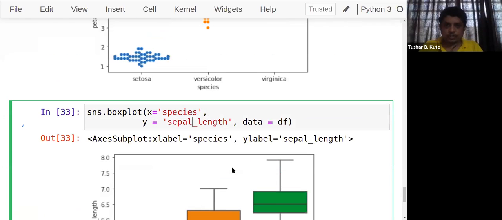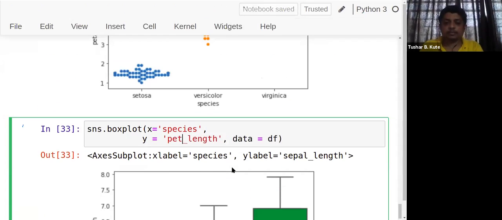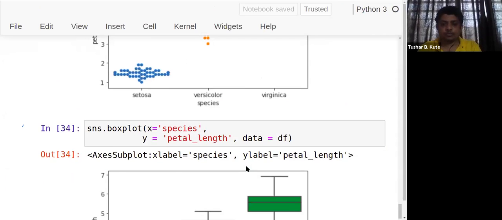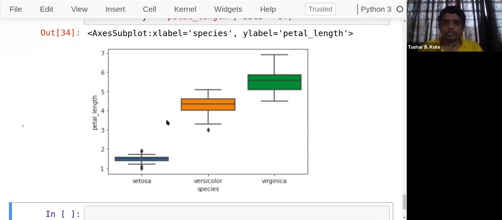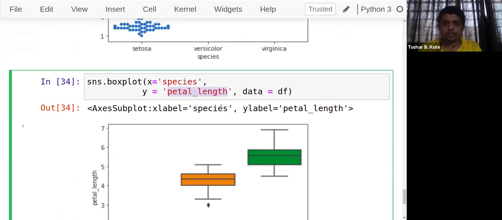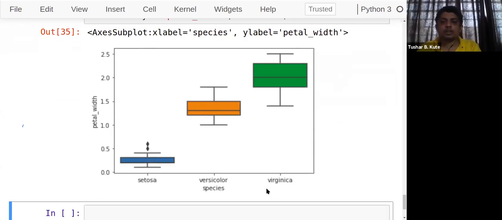So if you check petal length, see here, outliers are there, many are there, higher and lower, both outliers are there. And if you check petal width, here also two outliers are there. See, complete variations are there.